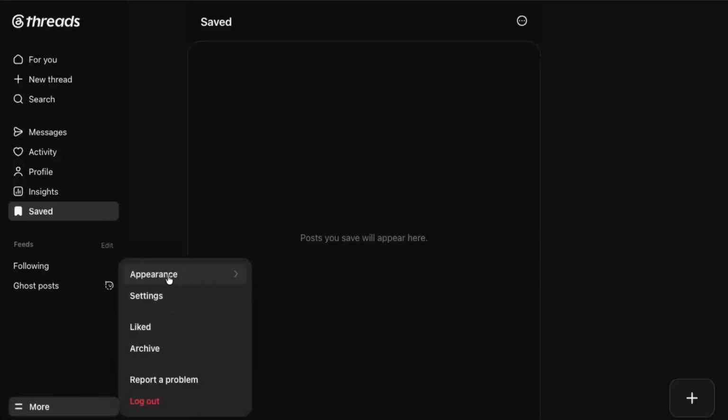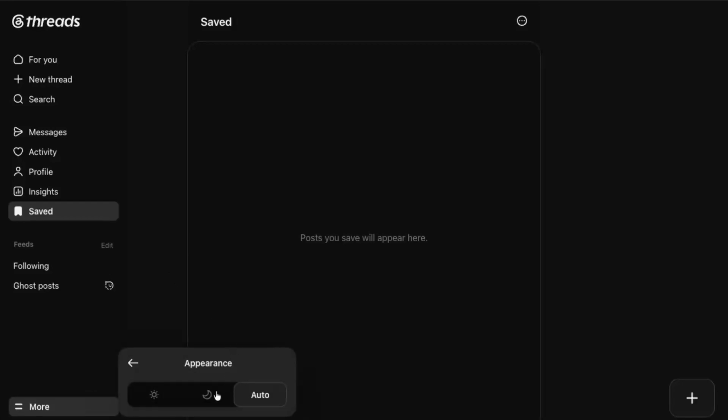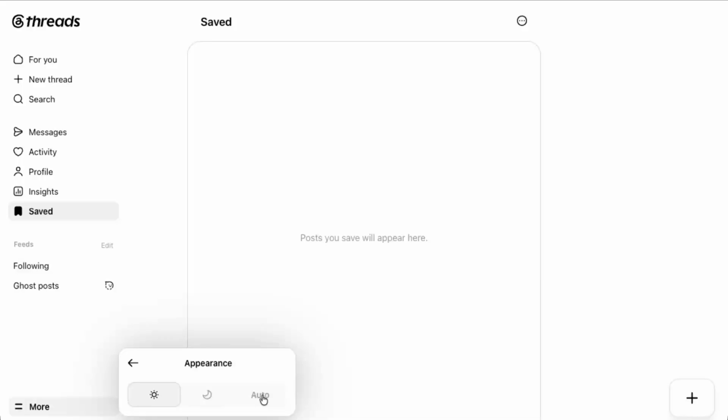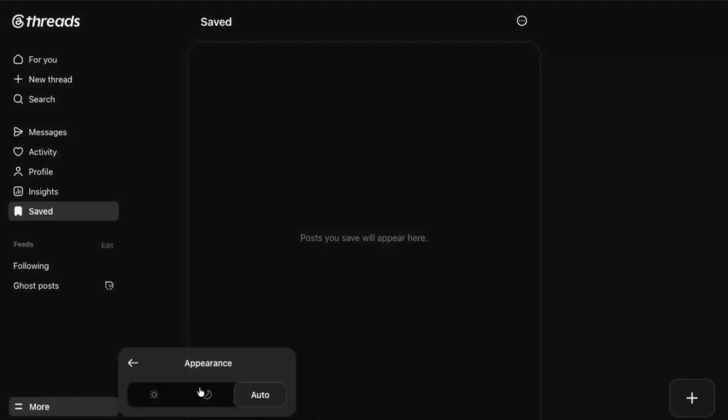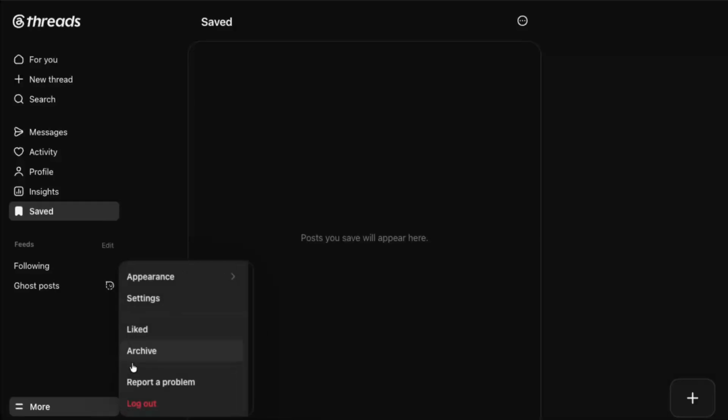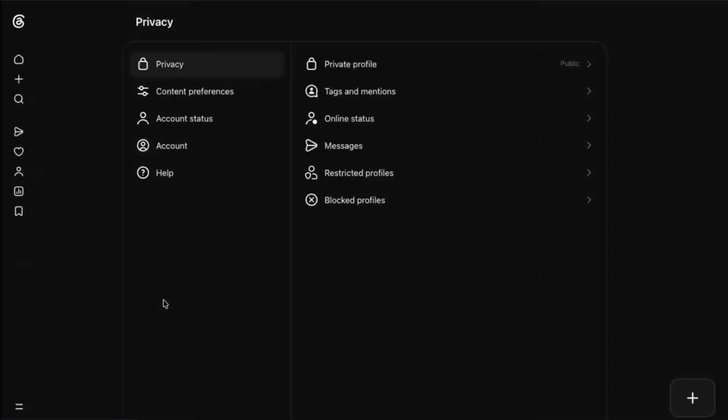Inside More, you'll find several useful tools. Appearance lets you switch between dark and light themes so you can choose what's easier on your eyes. Settings gives you access to important account options like account status and content preferences. You'll also see Liked, which shows posts you've liked, and Archive, where you can review posts you've archived instead of